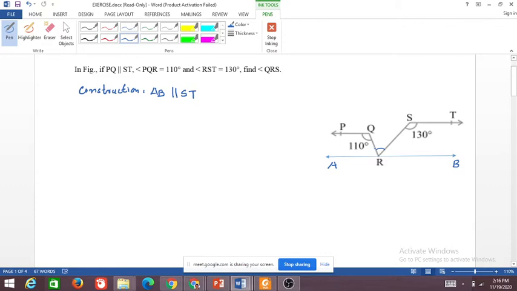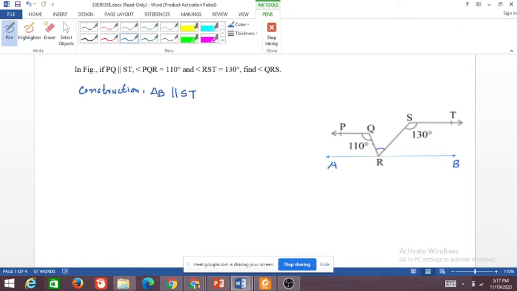And angle QRA is equal to 70 degrees, ma'am. Okay, this angle is equal to 70 degrees. Angle ARQ plus angle QRS plus angle SRB is equal to 180 degrees, ma'am, as it is a straight line. So you got this angle and this angle. Now from 180 you are going to subtract, right? Yes, ma'am. Okay, this is one method. I think Harika answered this one. So this is one method.